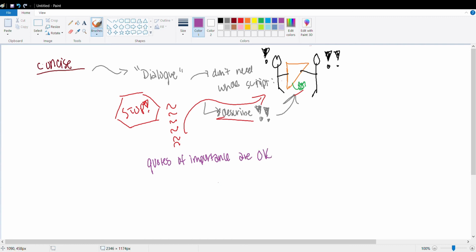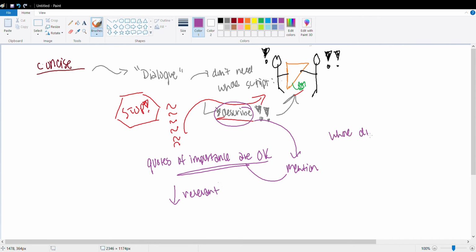So even if they occurred in conversation, you can describe the conversation and then mention the quote of importance that ends up being relevant to the rest of the essay. But the whole dialogue is going to be really relevant. So